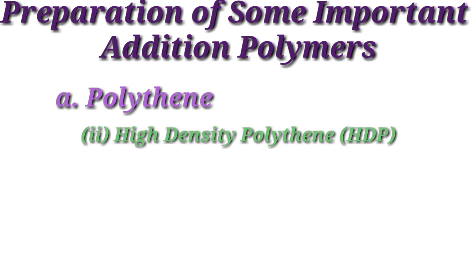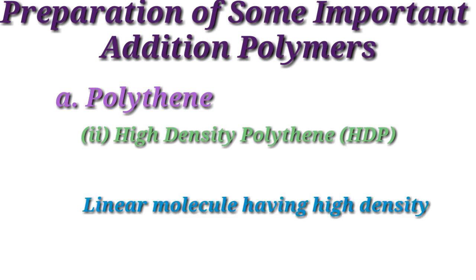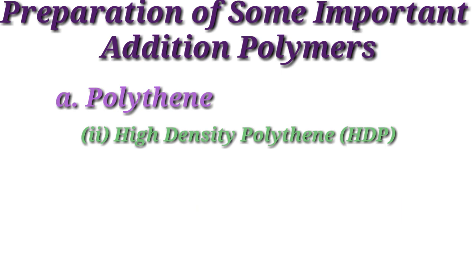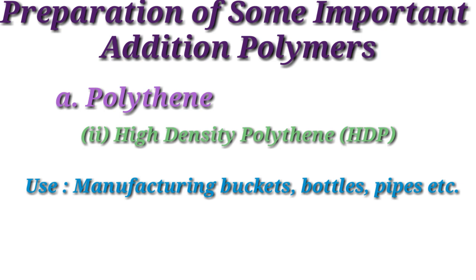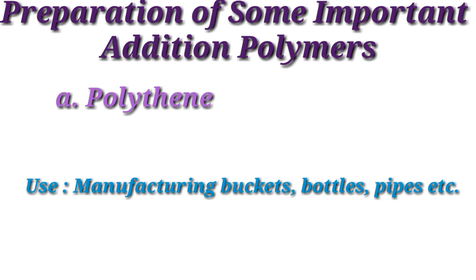High density polythene thus produced consists of linear molecules and has high density due to close packing. It is chemically inert and tougher and harder. It is used for manufacturing buckets, dustbins, bottles, pipes, etc. Teflon,